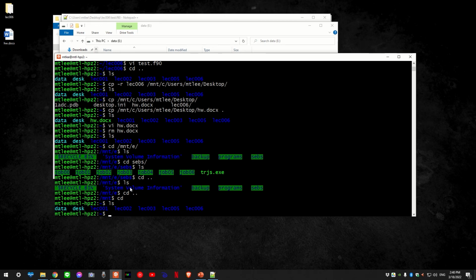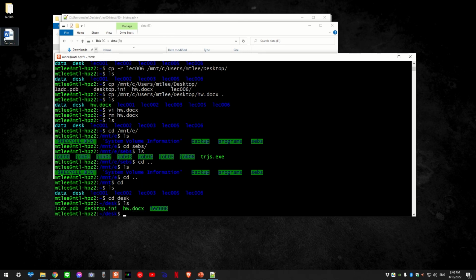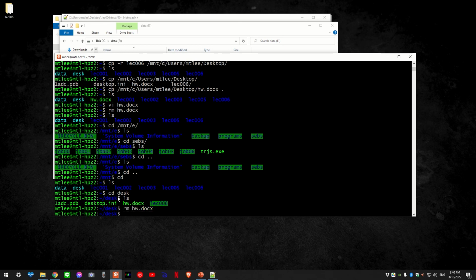But before that, this is a folder called desk, but it's not a folder, it's a link I created. If I go to desk, I can check my file on the desktop, but this is underneath my working directory, right? If I delete this homework, see, this is gone, right? So I directly go to my desktop by typing cd desk. But actually, this is a link I created.